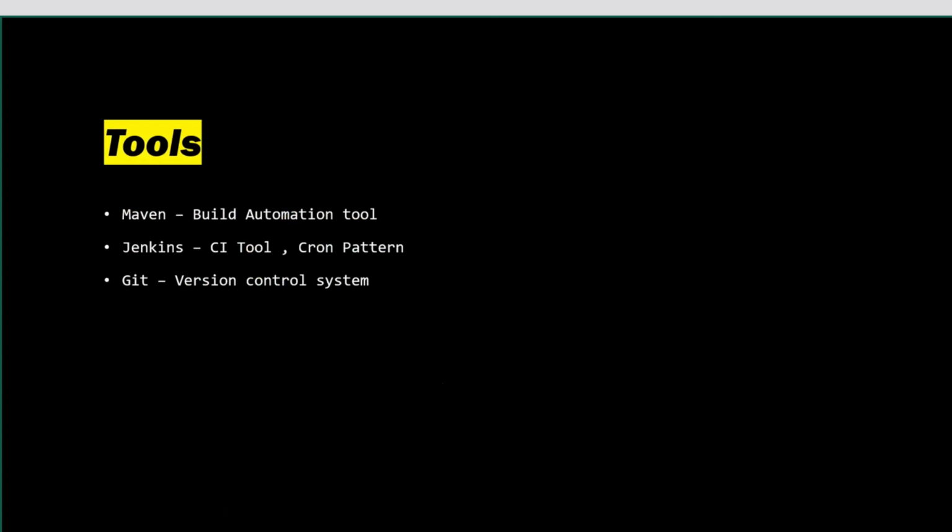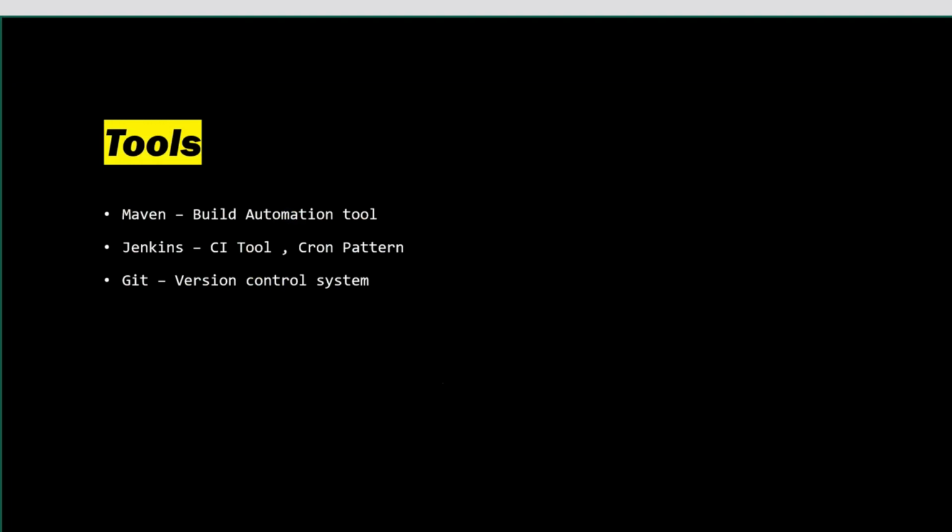Okay, so once you log in, the first thing you will see is how many test cases failed and how many passed, and whether a failure is an automation issue or a functional issue. You will know even before you start your work. But how can you do this? You can do it with your CI tool, that is Jenkins. How we can trigger particular things at a particular time through the cron pattern, I'll tell you. Once that is done, we will move ahead with Git.